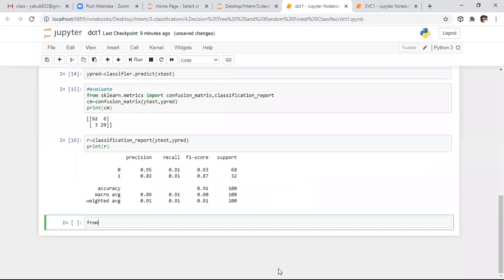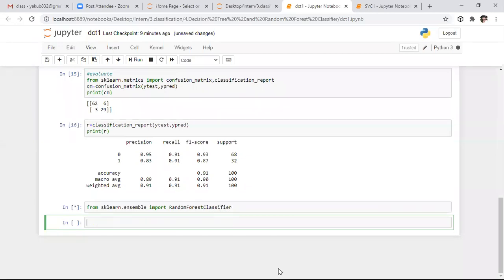From sklearn dot, it belongs to the ensemble method. For that purpose we need to use the ensemble family. From the ensemble family we need to use RandomForestClassifier.